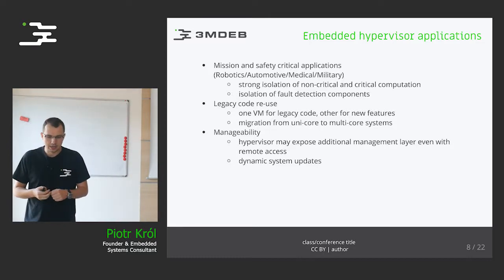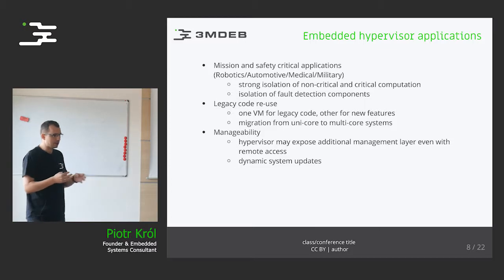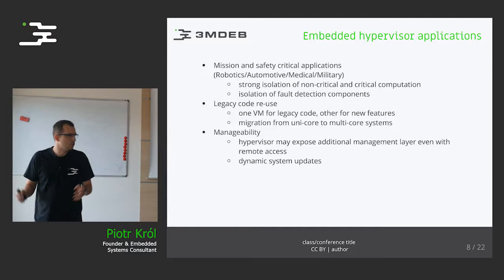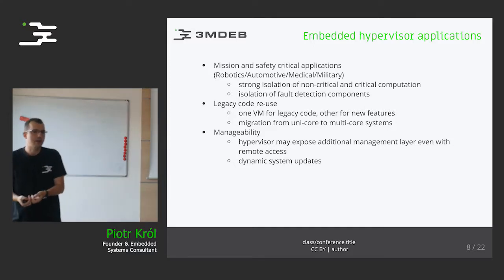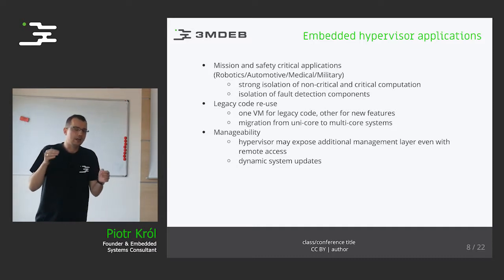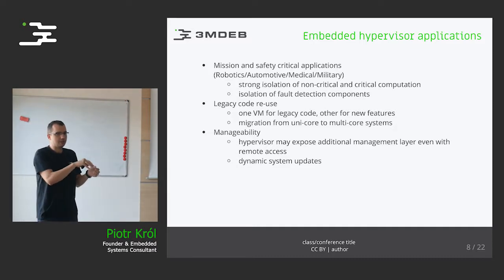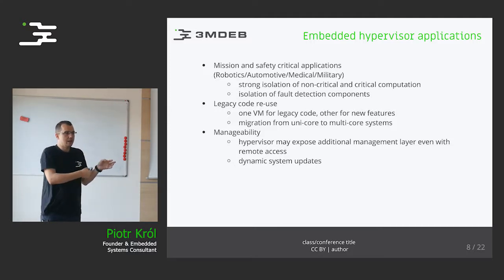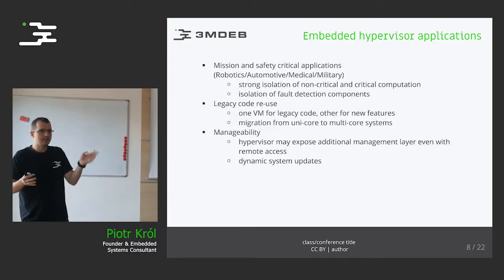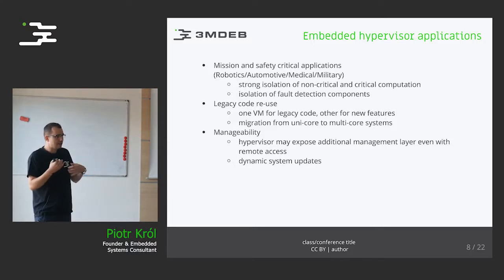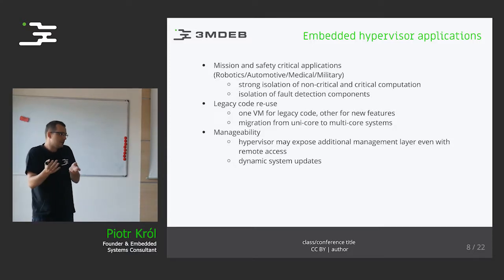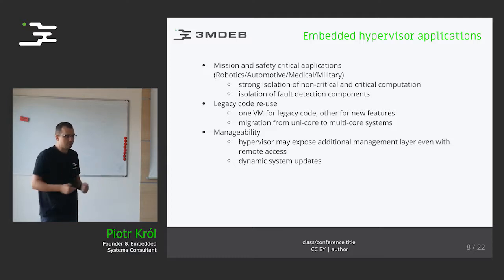Let's say we have a legacy code base, which is very hard to extend and add features to, but the market demands additional features. So we take this legacy code and put it into a VM, and it is of course working in isolation. In another VM we put some feature improvements, and the hypervisor is responsible for handling and coordinating who's accessing what and doing what. In that way we can still keep the same hardware,